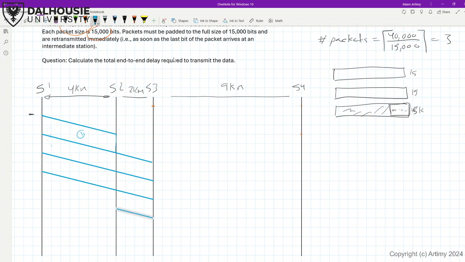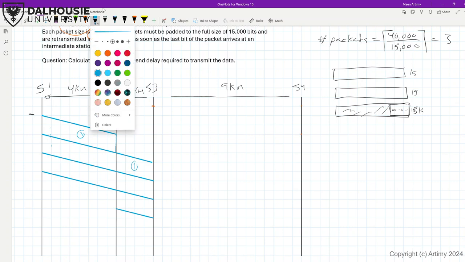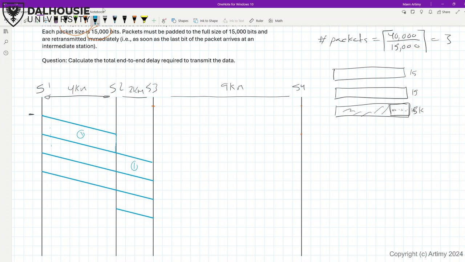Now station 3 will repeat the exact same thing. It receives the first packet, it sends it. And since this is 9 kilometers, it will probably take a long time to arrive. So the propagation time will be a little bit longer here, right? And again, I will calculate the exact propagation time in a minute. But the idea is